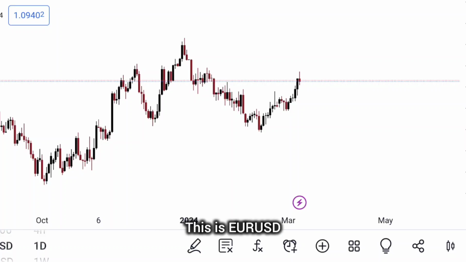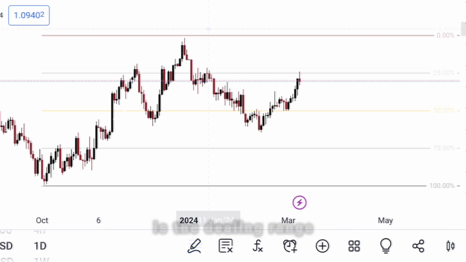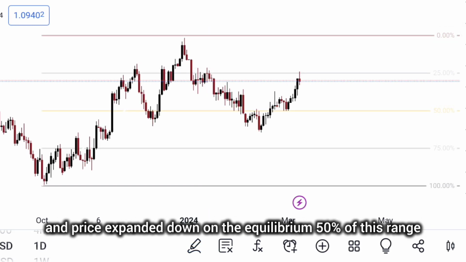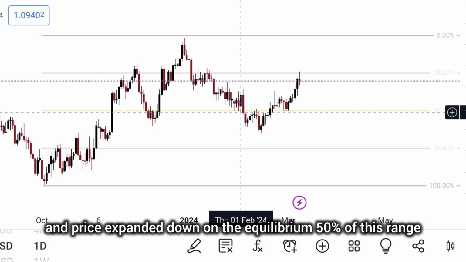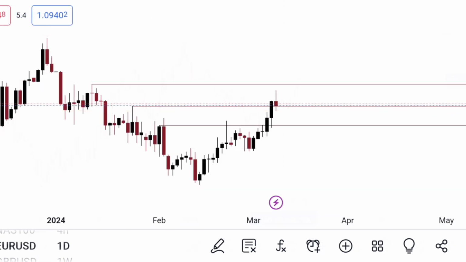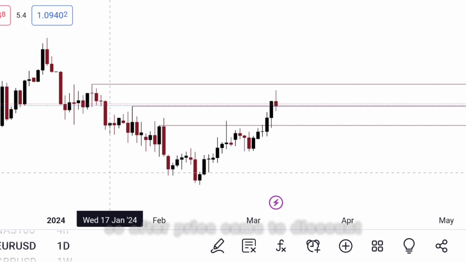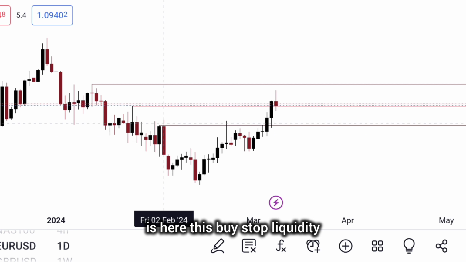This is Euro USD. From the bottom to the top of this range is the dealing range, and price expanded down under equilibrium, 50% of this range, and took this liquidity and expanded up. So after price came to discount and started going up, your first draw on liquidity is here, this buy side